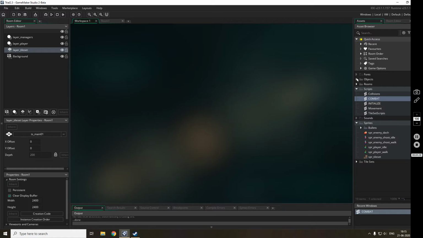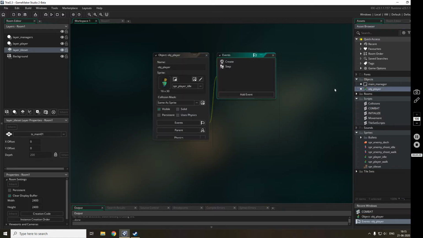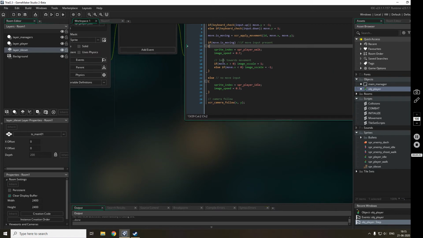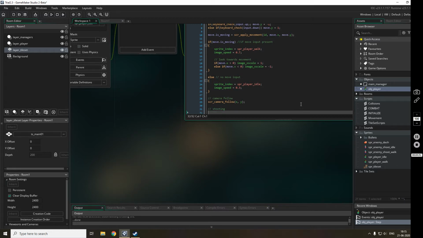Okay, so I'll go into objects, and the shooting will be done right now by the player. I'll just be shooting from here.